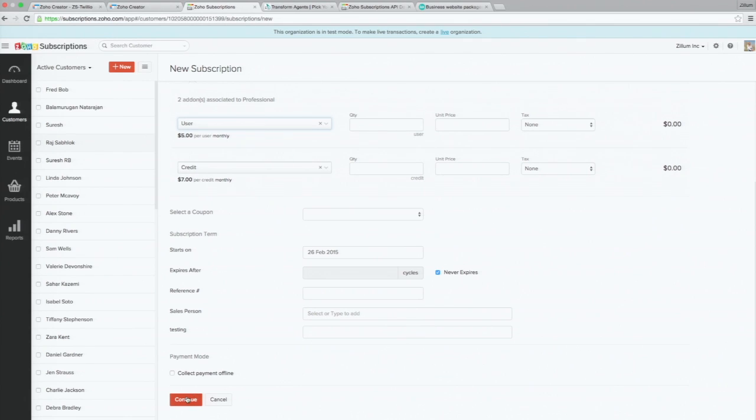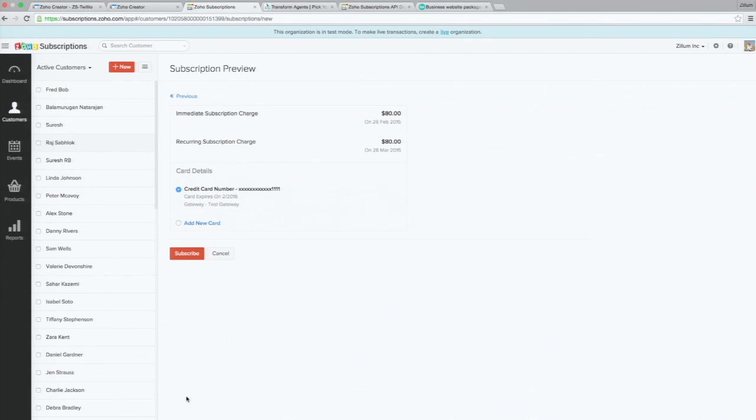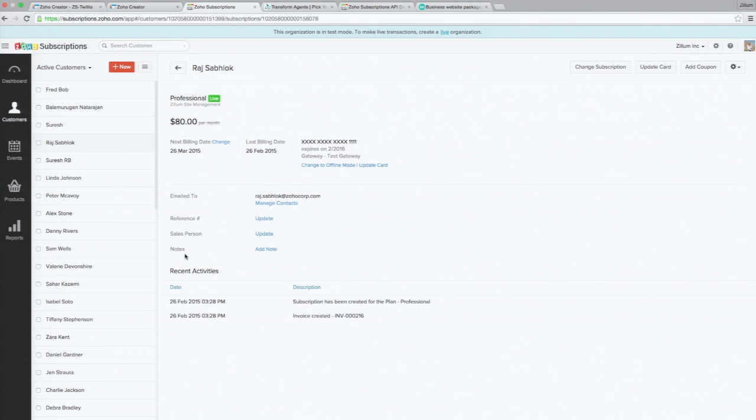and continue. Since I am an existing customer, it has my credit card information. Actually, it's stored on the other side with the merchant account, but Zoho Subscriptions can get access to it when it does a transaction. And let's say I subscribe. So I lost a little bit of the dramatics there, but you can see all the subscriptions that I've been ordering, and the Zoho Creator app